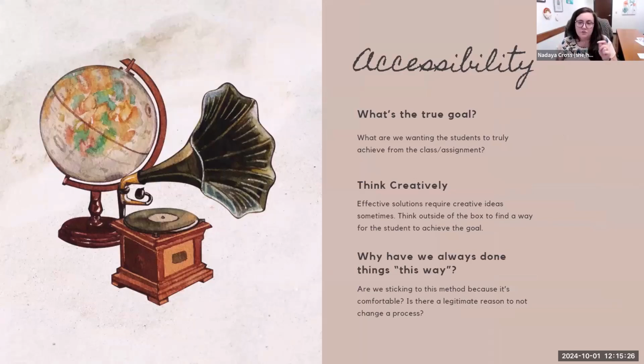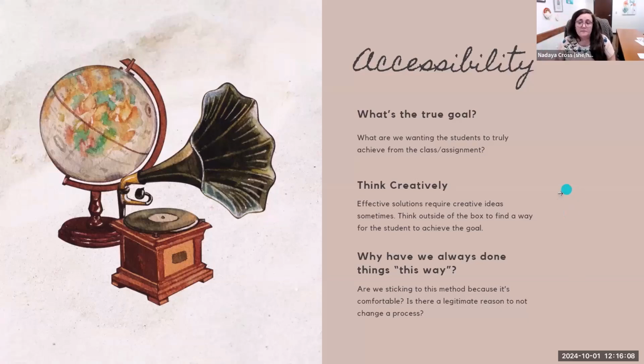Think about whatever your true goal is. For this class, this assignment, what are we really wanting the students to know? Do we really want them to know, for example, APA guidelines and how to write professionally, or are we really trying to teach them about understanding the philosophy that goes behind the development of the attachment theory within social work, for example? What is the true target here, and how can we make that happen? If your true goal is APA guidelines, awesome, let's make that accessible. But if our real goal is understanding of theory, then let's focus on that.